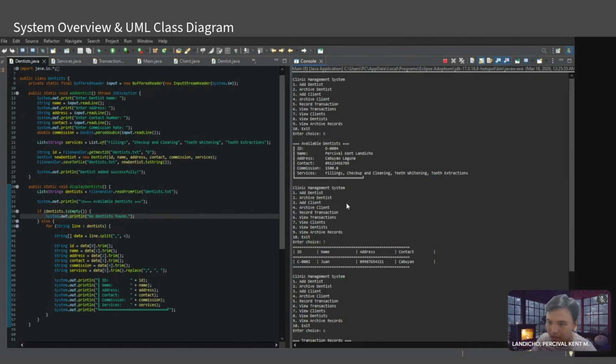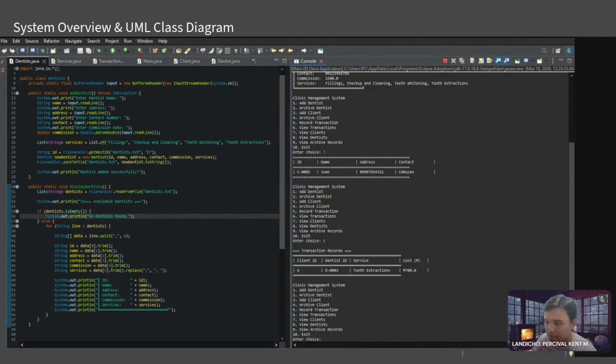When a service is rendered, a transaction record linking the client's ID, dentist ID, service name, and cost is saved to the transaction text file. Each object directly mirrors a real entity or event in the clinic.